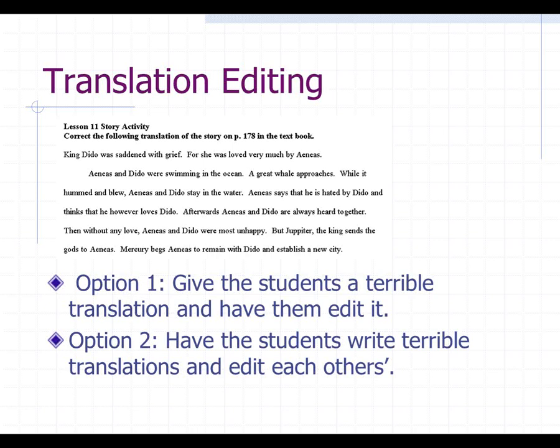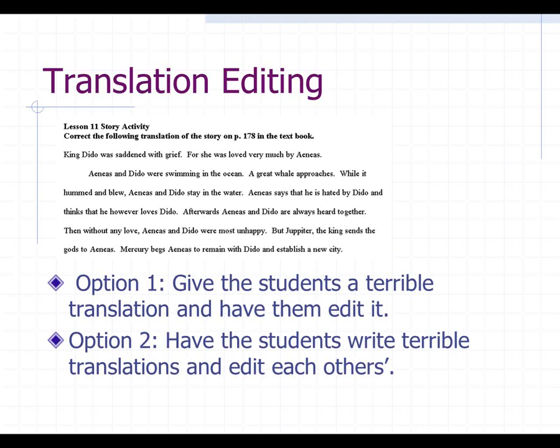I didn't include the original text copied from the book because there's not much room on the slide, and I felt like it was already pretty small. Plus, it doesn't really matter. You can get the idea either way. But anyway, I hope these things are legible. The print is kind of tiny there. The second option is to have students write the terrible translations themselves and then trade them and correct each other's work. And then, of course, you can turn this into more of a game as well.